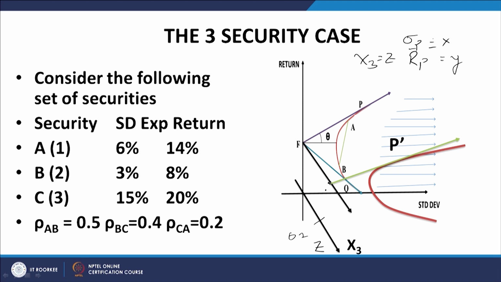This is one tangent, this is one tangent. Similarly, there will be a hyperbola here that will have a tangent. I have to identify that hyperbola for which this tangent has the maximum slope. That is step 1. Identify that hyperbola for which the tangent from the RF point gives us the maximum slope. And secondly, once you identify that hyperbola, obtain the coordinates of the point of contact of the tangent with the maximum slope and that particular hyperbola.